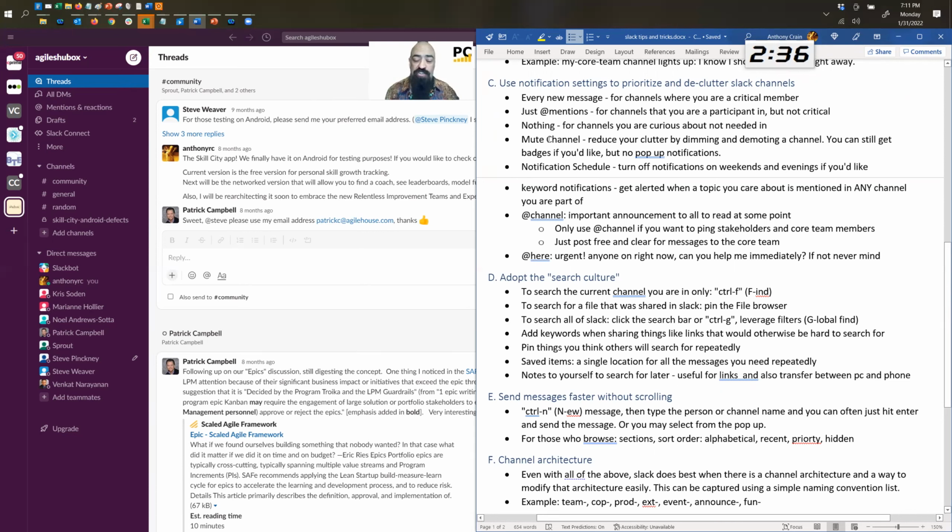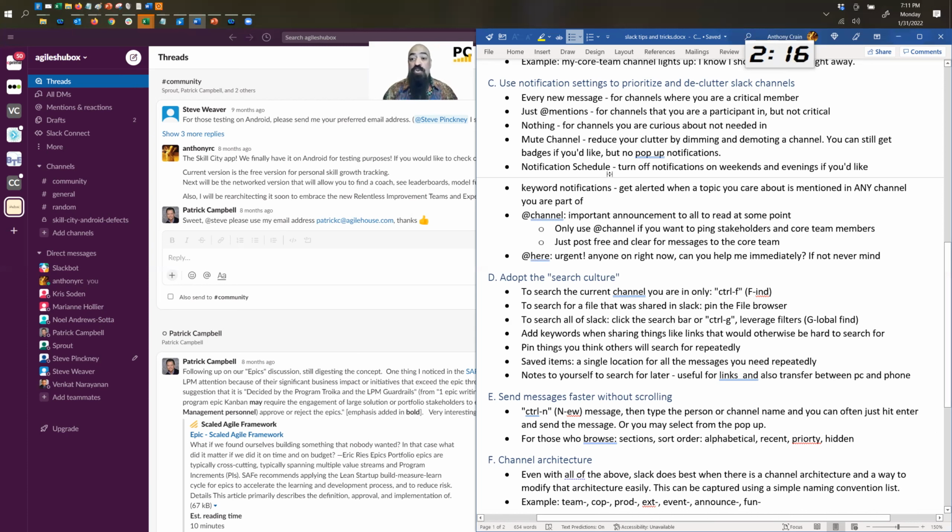You can also mute a channel. Muting a channel is even more than nothing. It grays them out. It moves them to the bottom of your list. They'll still light up with a badge if you get notified, right? But they're going to be gray and down low and you can kind of dismiss them until later. So great thing to do, mute channels. I do that for my favorite pet channels and stuff like that.